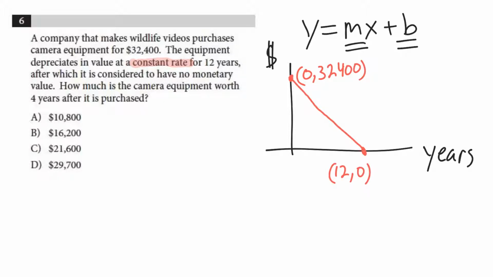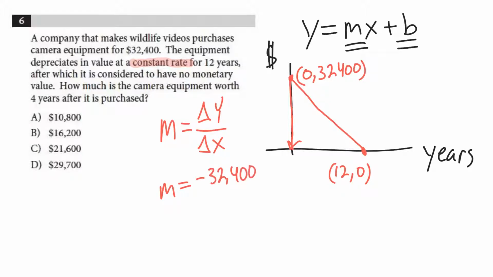Okay, so to figure out the rate of change, or slope in this case, is going to be change in y over change in x. Okay, well, what is the change in y? What is the change in the value from start to finish, from 0 years to 12 years? Well, it's going to be negative 32,400. And the change in x from 0 years to 12 years, well, that's 12. Okay, so